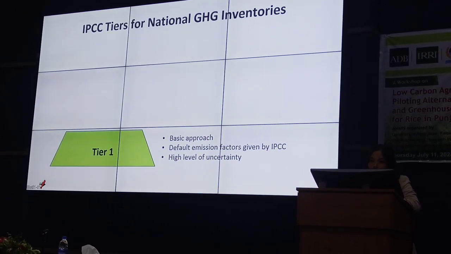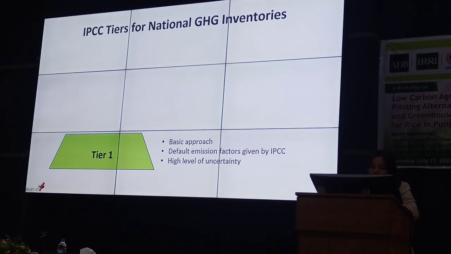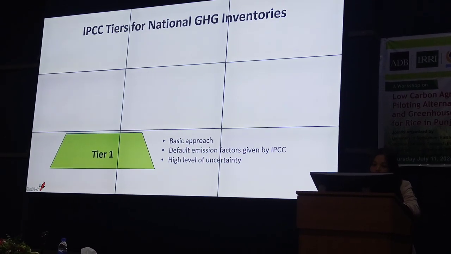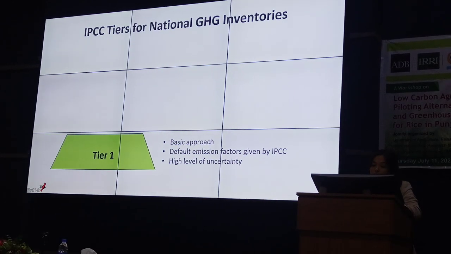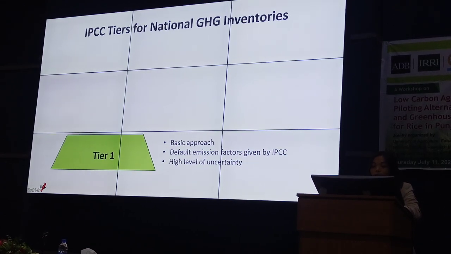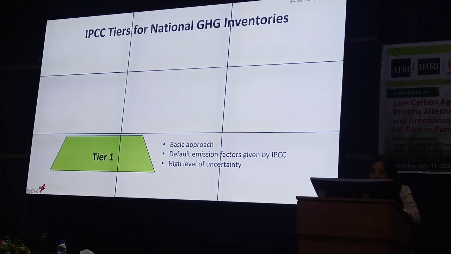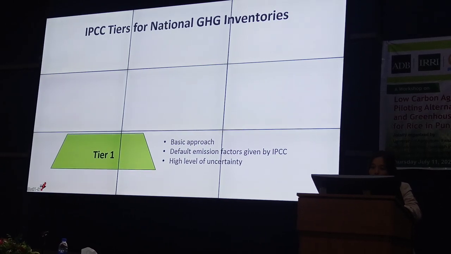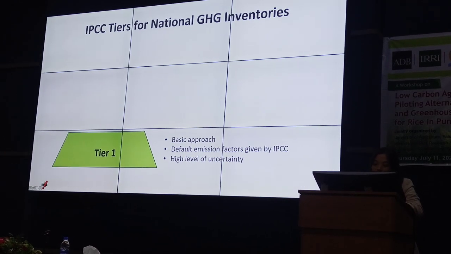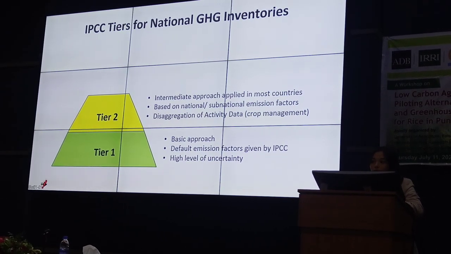According to the IPCC, for national greenhouse gas inventory, there are different tiers, from the very basic to advanced. So we have 3 tiers: Tier 1, 2, and 3. Tier 1 is the basic approach where countries use the default emission factor given by IPCC. It is now 1.19. And of course, when one emission factor is used globally, we expect a high level of uncertainty. That's why most countries now use the Tier 2 approach,